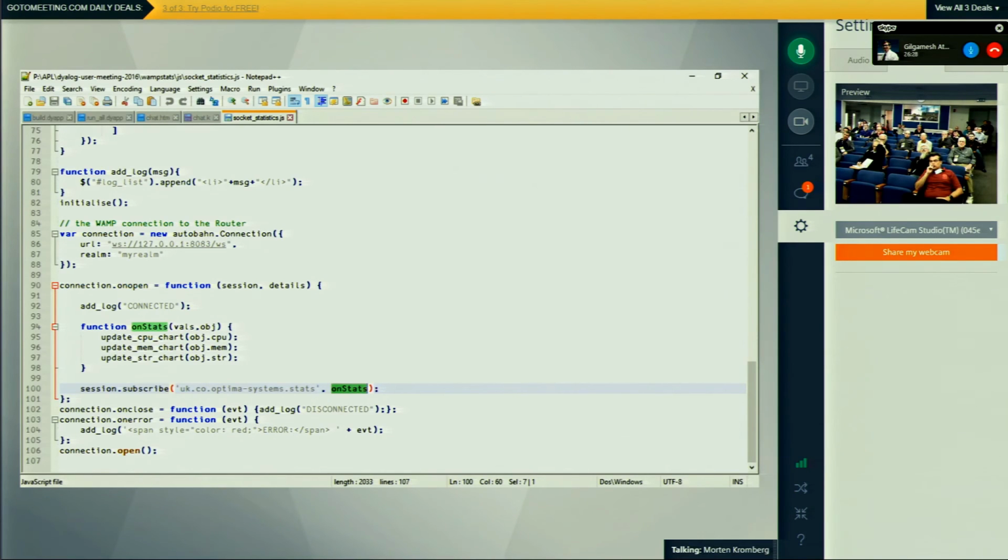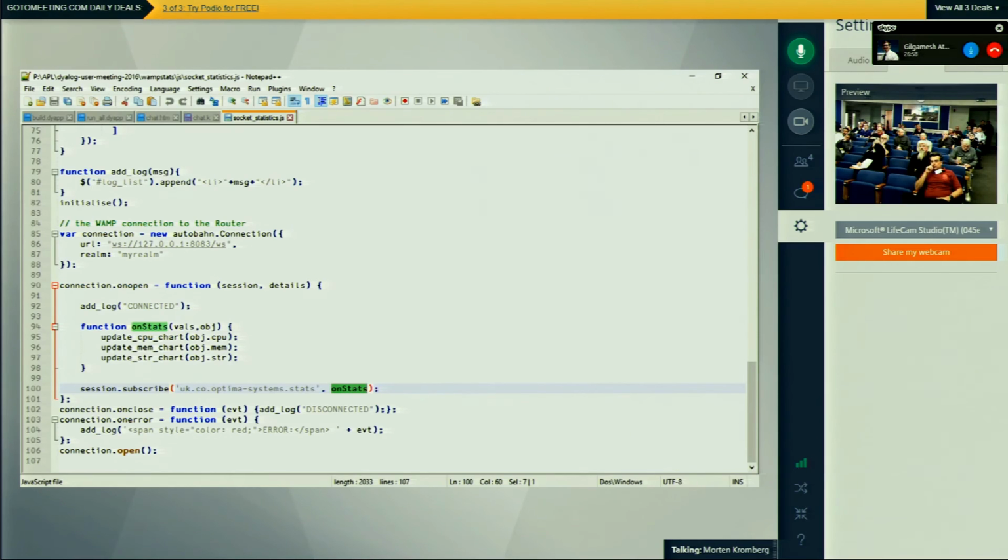I don't have an example of when this is used in remote procedure mode, but essentially it works the same way in that a client can register a procedure to be called, giving it a unique name, a URI, and attaching a callback function to be called when a consumer wants to call that function.